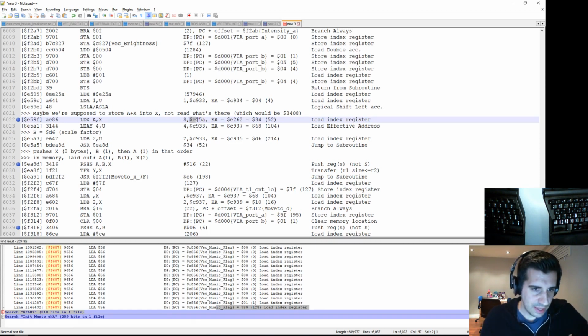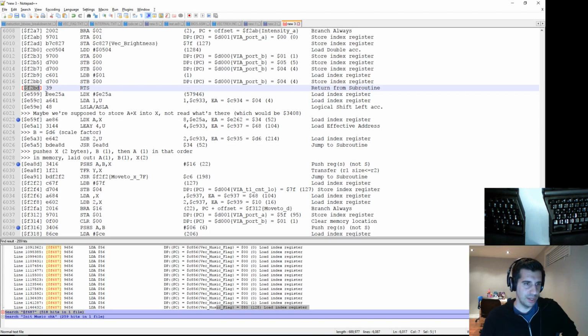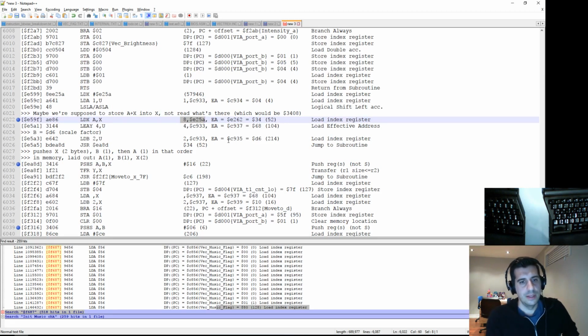Because see, anything in the E range here would be the Mindstorm game itself. So we can see here we're at E59F, that means we're in Mindstorm code. When we see F, we know we're in a BIOS routine. And if I'm right, that means that the data would be there. It wouldn't make much sense to be looking up